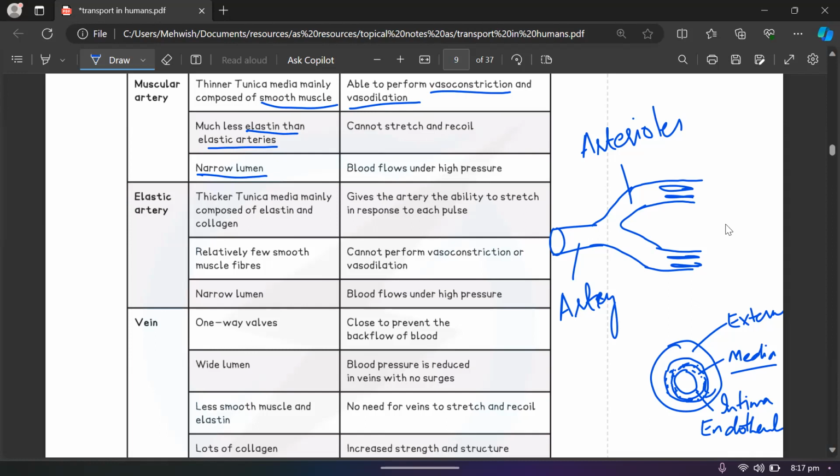ठीक है। मस्कुलर आर्टरी cannot stretch and recoil, right, क्योंकि उनके अंदर इलास्टिक फाइबर्स नहीं हैं, कम हैं। So blood flows under high pressure, right, प्रेशर भी ज्यादा होता है क्योंकि नैरो ल्यूमेन है और ब्लड का फ्लो ऑर्गन में प्रॉपर होना चाहिए, राइट। इलास्टिक आर्टरी अगर देखें, they have got more elastic muscle fibers, so